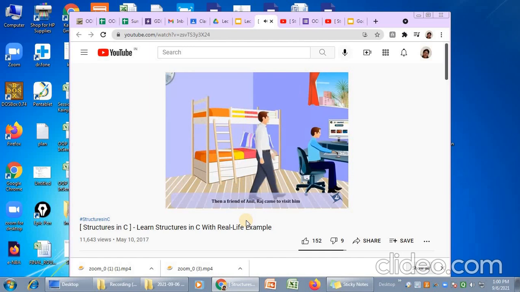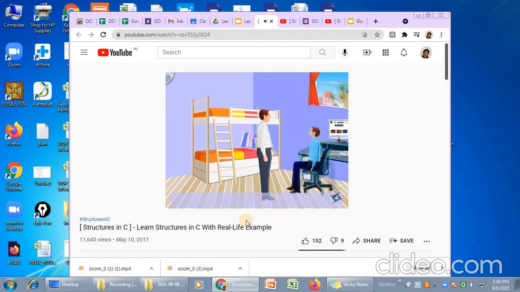Then a friend of Anil, Raj, came to visit him. Raj asked Anil how his day went. Anil told him about his experience with structures and how he got irritated with them, and then about the online shopping. Raj then told him that this online shopping can be explained as a part of structures.